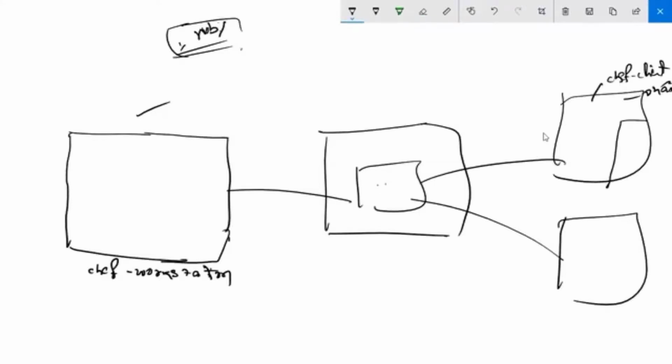What I'm going to do, I'm going to create a cookbook and I'm going to create a recipe. Recipe here, this is a recipe. If you observe carefully, when you install the Chef Workstation package, here also you will get chef-client, and here also you will get Ohai.